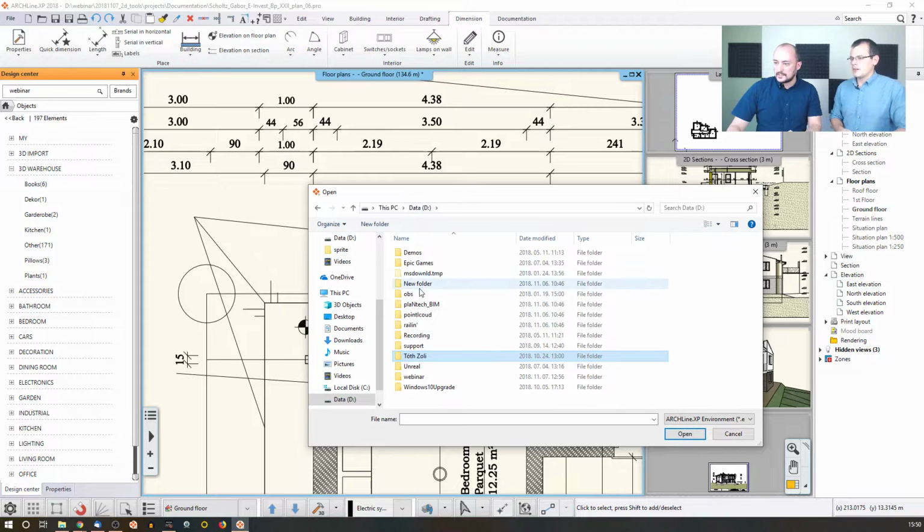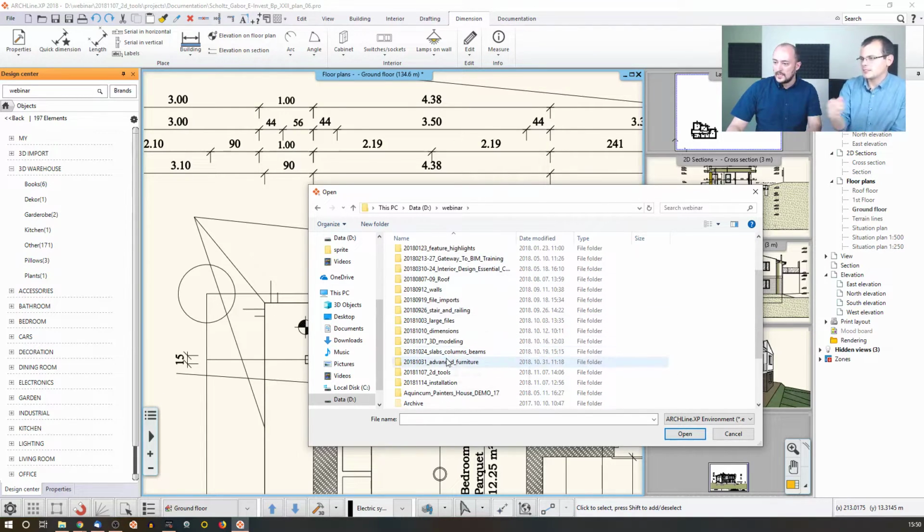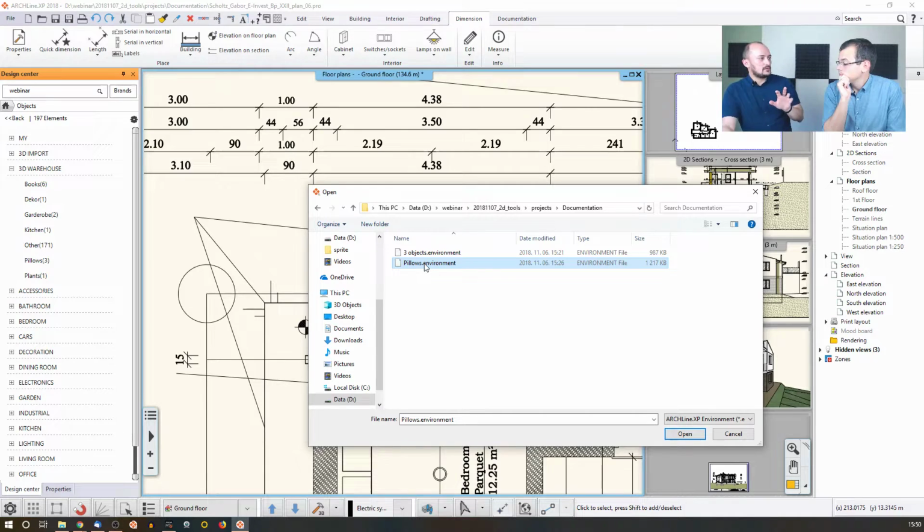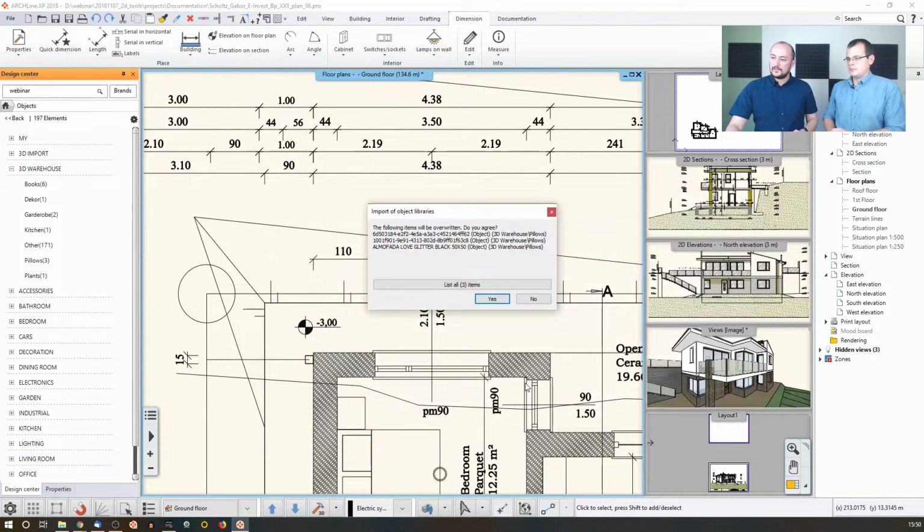Can you help me? It's the webinar folder. The webinar folder. Okay, that's the one. And it's here and projects, and it's actually in my folder. And actually, I exported 3 different pillows, and this is the file for that. It's not that large. It's only 1.2 megabytes, and I open it,